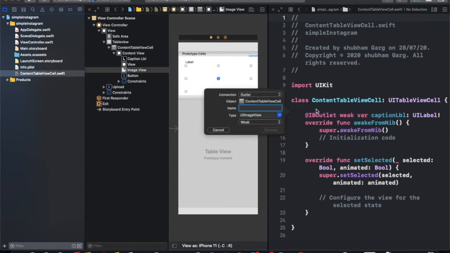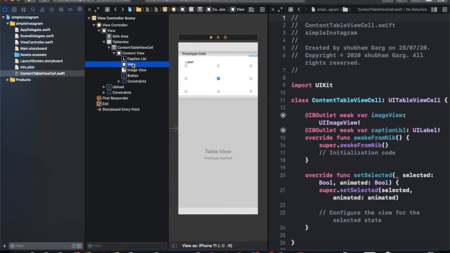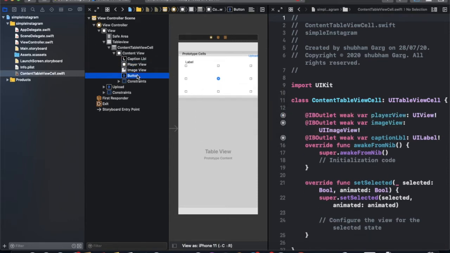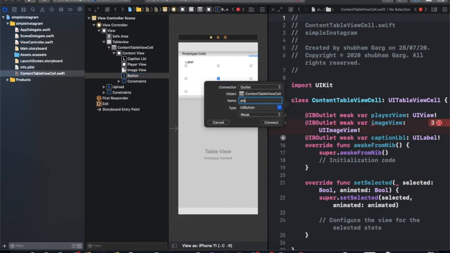It's the image view. There's a player view in which we can add a player. There is a button, so it's a play pause button. Play pause button.